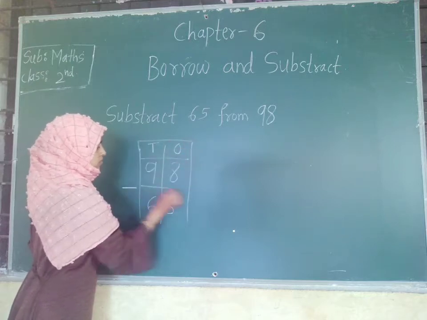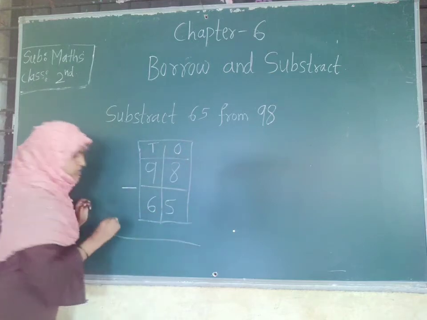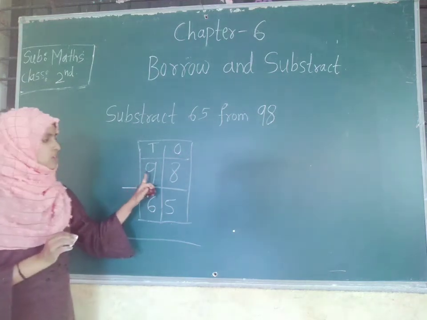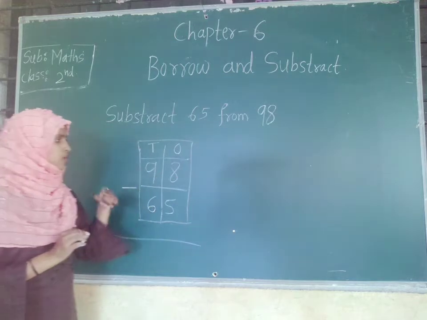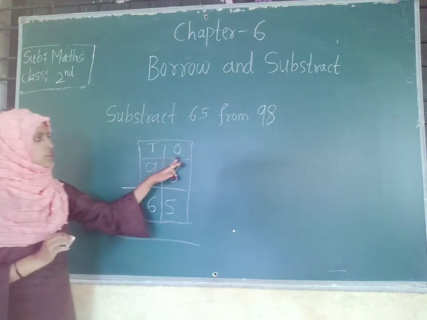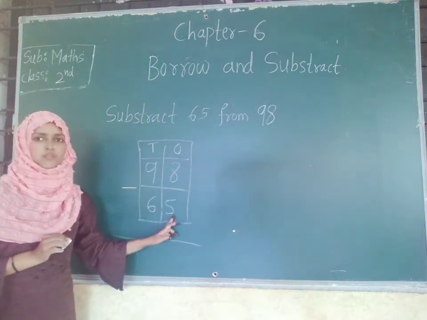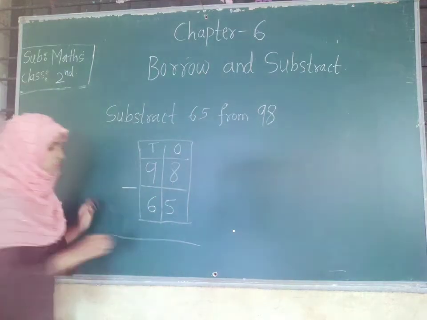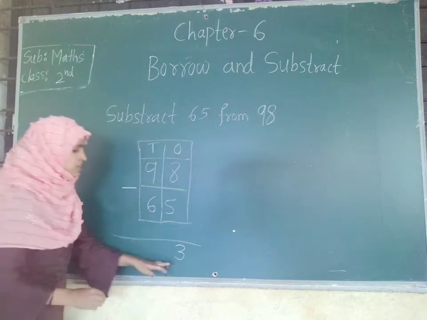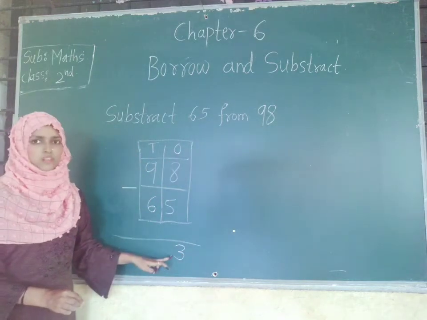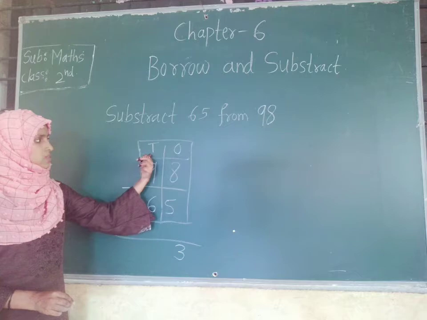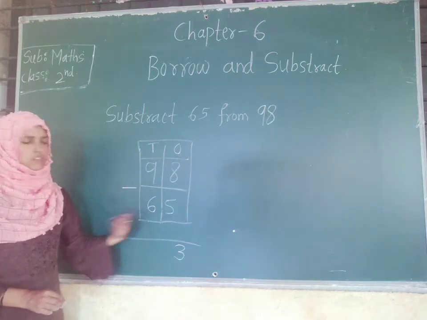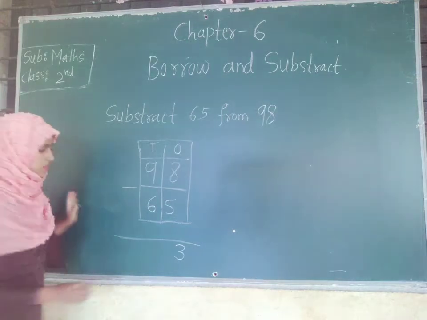So in first step we need to write these two numbers according to their place value in this place chart. So we need to write the bigger number at the top. Okay, in this column. So children, in ones place we have 8 and 5. So 8 ones minus 5 ones is equals to how much? 3 ones. So write down 3 under the column of this ones place. Next, tens place. In tens place we have 9 tens and 6 tens. So 9 minus 6 is equals to